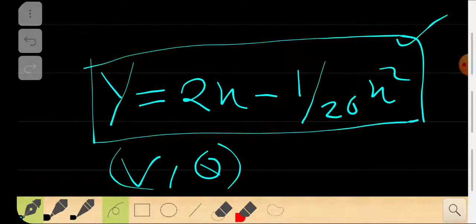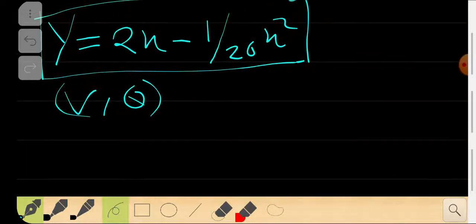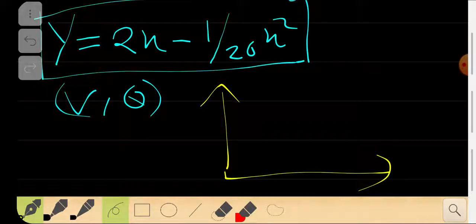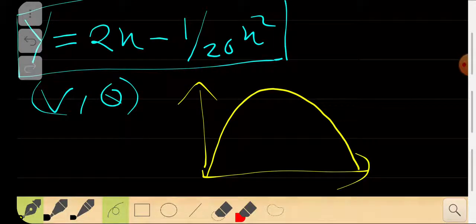Now something more beneficial: if you have a projectile and you plot this equation, y is equal to 2x minus 1 by 20 x square, you get something like this, right? This will be the plot and this will be a projectile. So the projectile is represented in terms of x and y here. We don't have any time axis, we don't have any theta in this equation, we don't have v0's and all that. We only have x and y. That's the one added advantage which you can directly see.